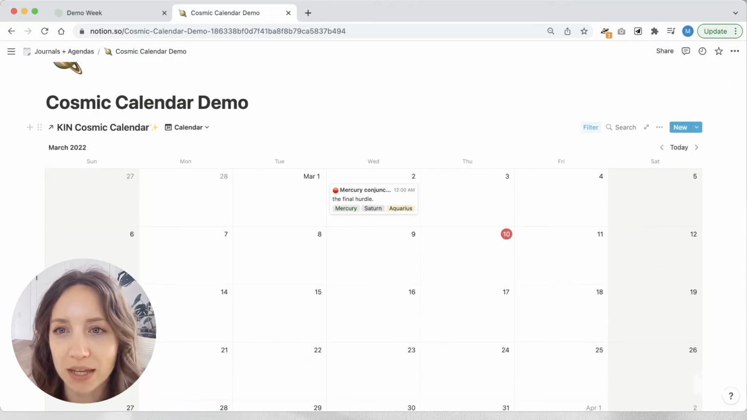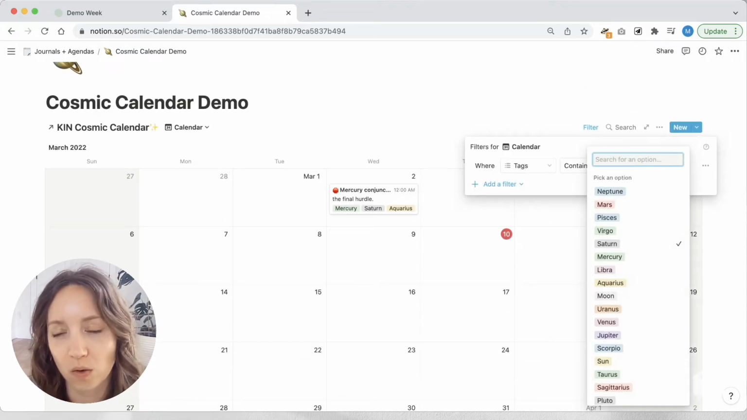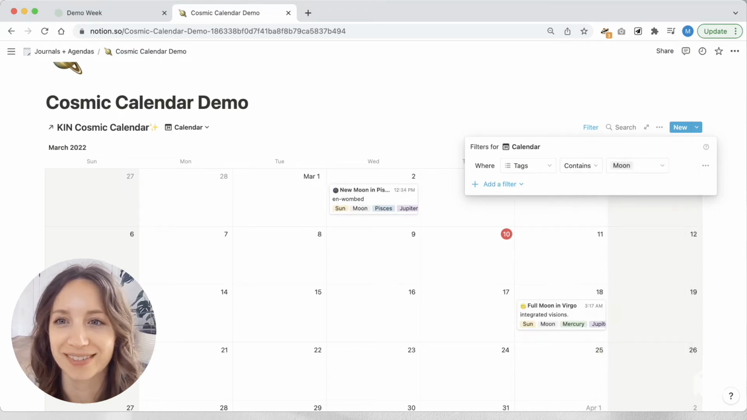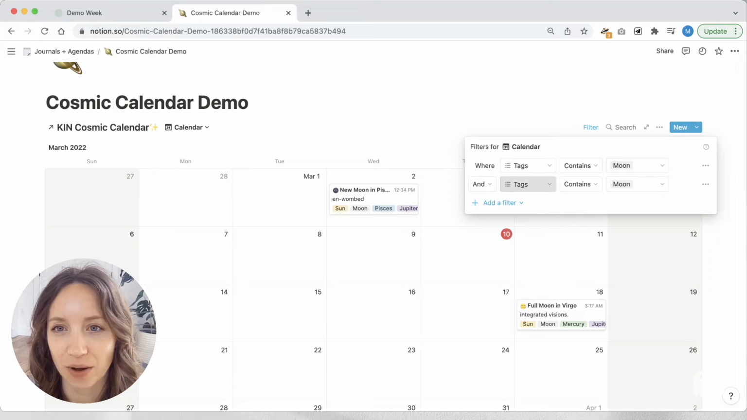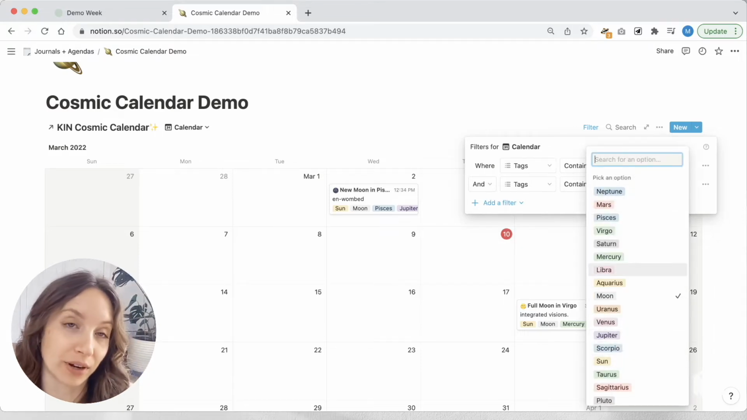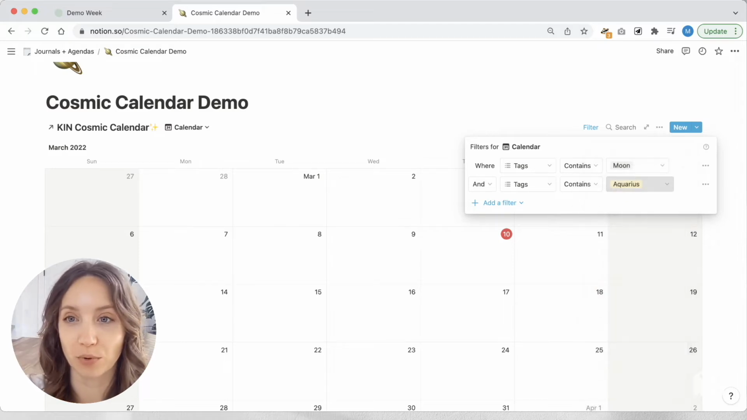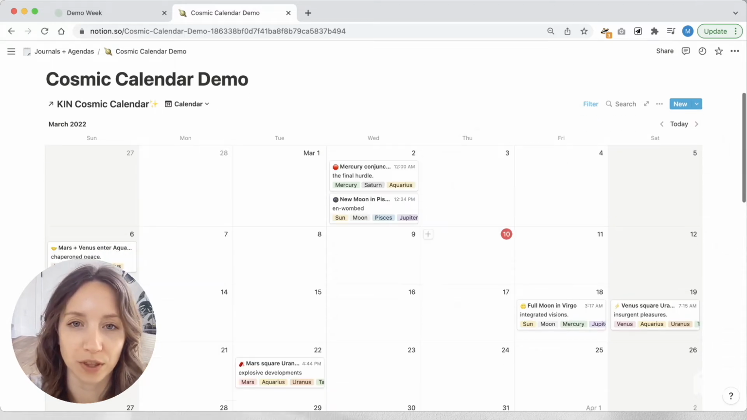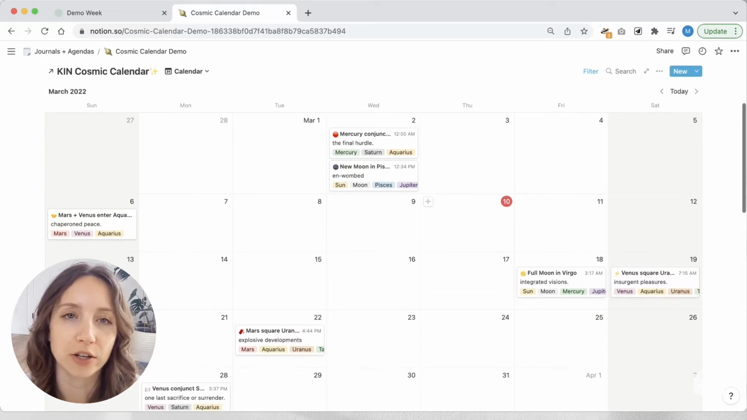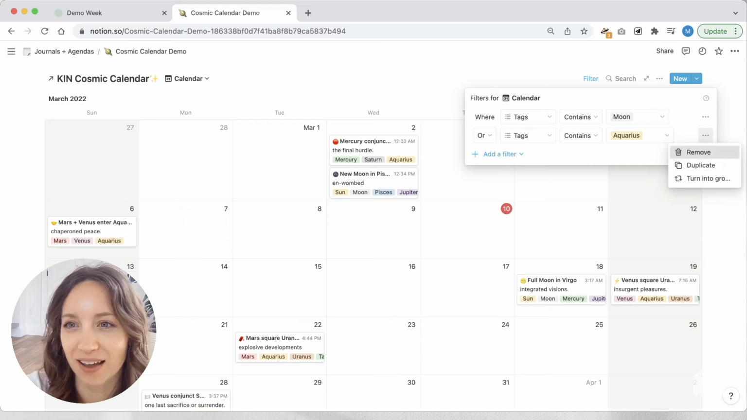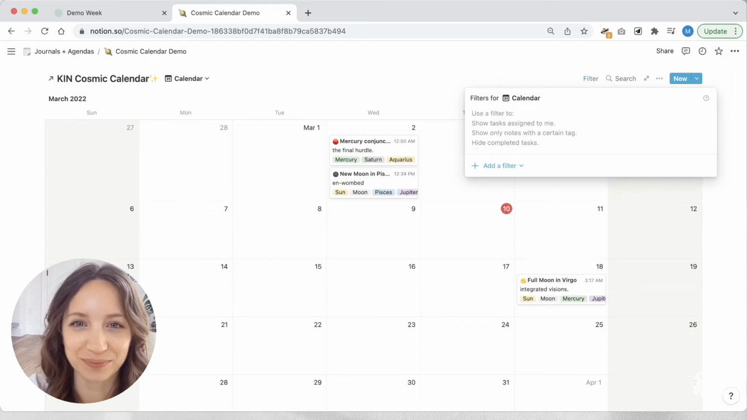Or maybe I actually just like to know when the new and full moons are. When are those? And you can also add filters onto that. I want to know Saturn and the moon. Or I know that Libra is a really important sign for me, or Aquarius is a really important sign for me this year. So I only want to see the signs that have to do with Aquarius or the moon. So you can really adjust the calendar for your needs,